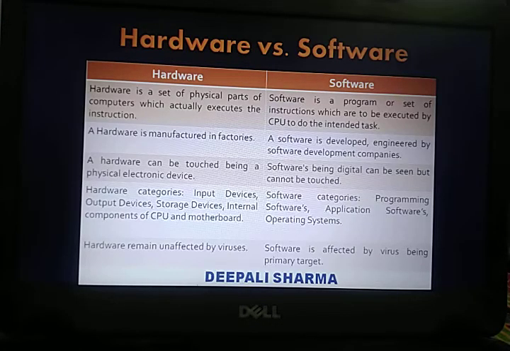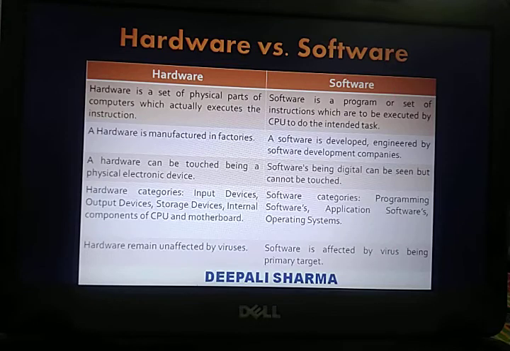But software categories, how we are going to categorize the software, are programming software, application software, and operating system. Programming software, like for Java we are using NetBeans, and we are using Python programming. Application software is your MS Office, and your operating system is Windows, Linux, Ubuntu. So these all are your software categories.